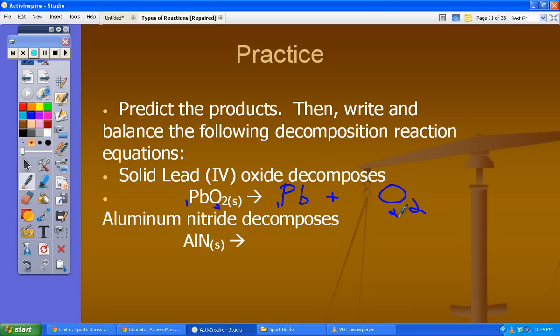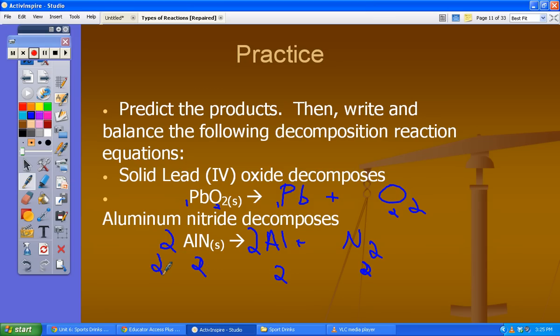The next one is aluminum nitride. So we're going to break this apart into aluminum plus nitrogen. Nitrogen's diatomic, so it's N2. Now to balance this, there's one aluminum on each side, but there's two nitrogens on this side, and there's only one over here. So naturally we need to put a 2 here. Now we have two aluminums, two nitrogens, which means we have to put a 2 here also. So now we have two aluminums and two nitrogens on this